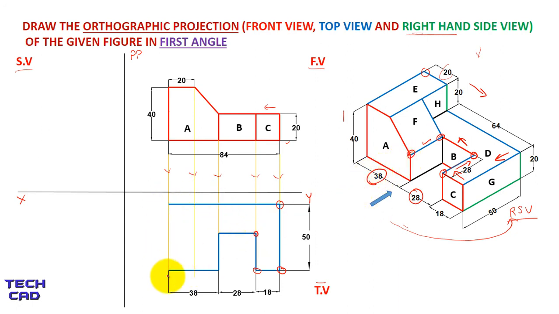Now I just complete this vertical line which is 50 mm. Now from the top view you can see this E block here. So for completion of the E block I made this line and I need this line also. So I make a vertical line over here, this line, and this shows me the E block. So you can say this is the E block.